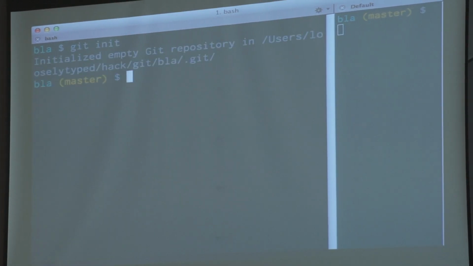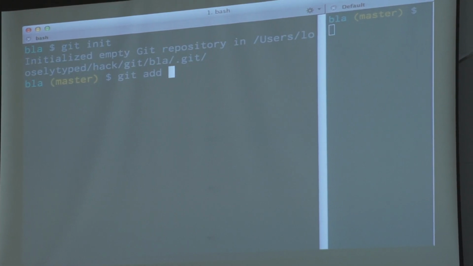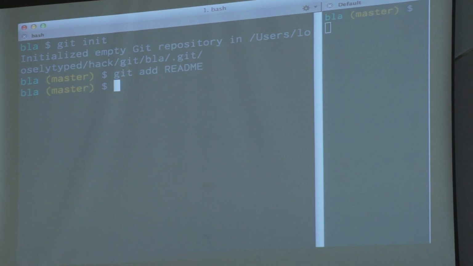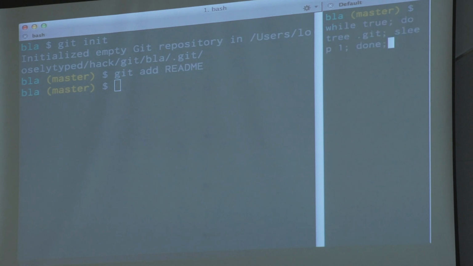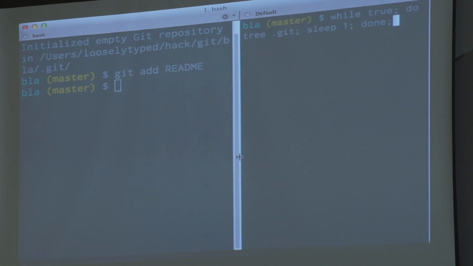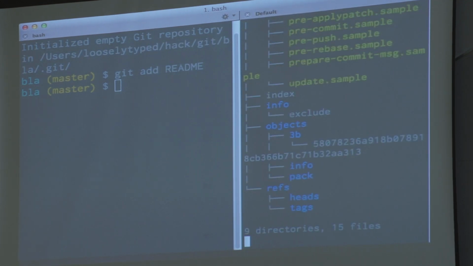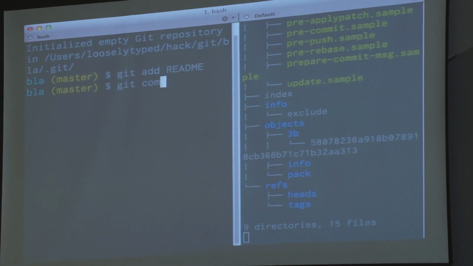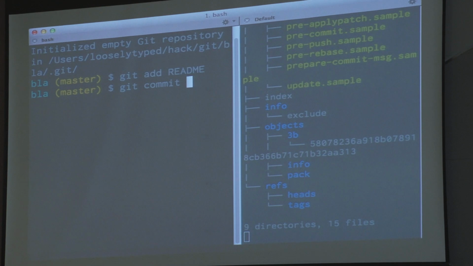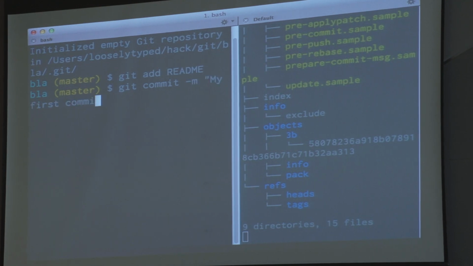So git init, git add readme. OK, and we're going to run this. And this time I'm going to do a git commit with a message, my first commit.